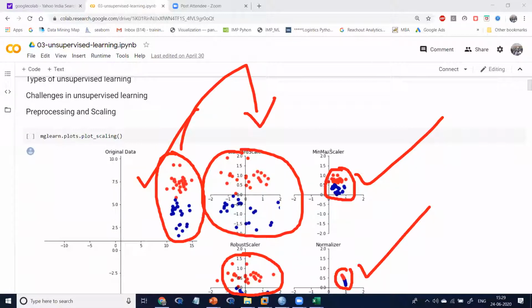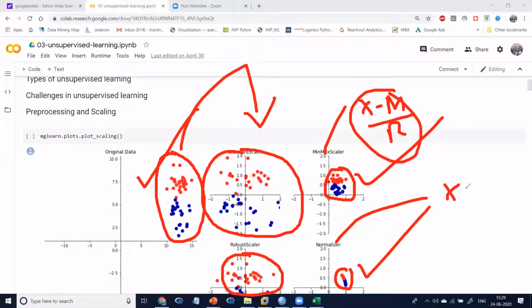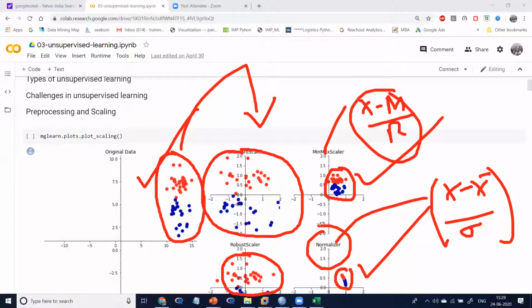For doing all this, you should know the techniques. The min-max scale is x minus minimum by range. It's mathematics and statistics. For normalization, it is x minus x bar by standard deviation, the grand mean by standard deviation, which is called normalization. This is maybe a regression formula.